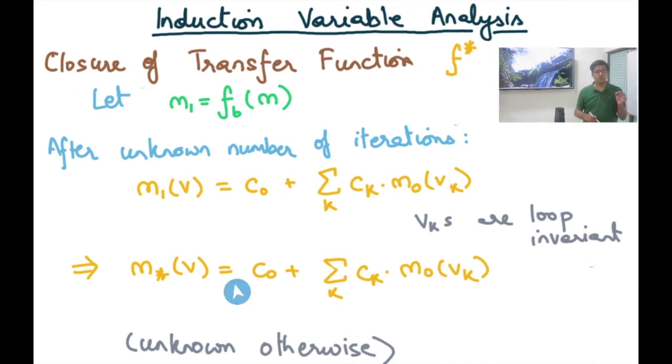But for some common patterns, where I can use algebraic properties of addition and multiplication, for example, I can just use these rules to compute my summary transfer function, as I have shown in this particular rule. If I didn't use these summary transfer functions, if I just used the vanilla data flow analysis, I would have got unknown everywhere. And so that is the value that this analysis is adding to our framework.